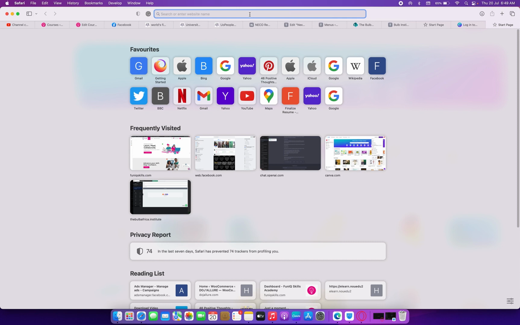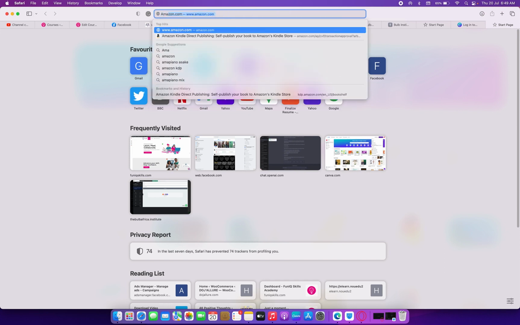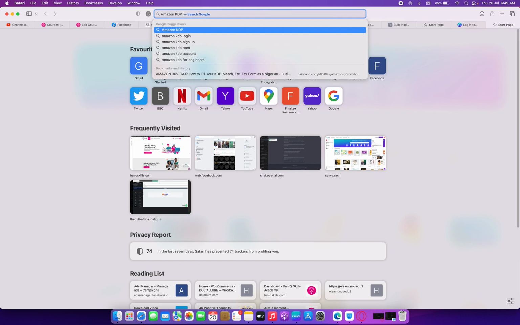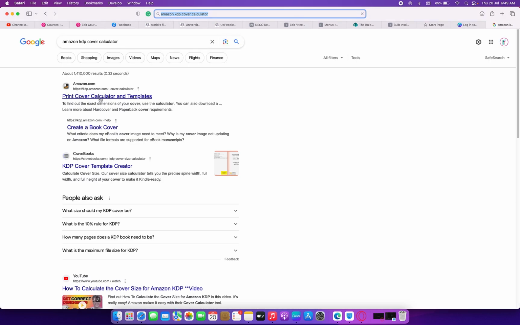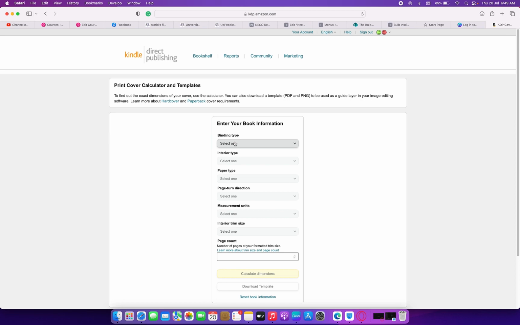So, for example, we can simply type Amazon KDP cover calculator, and you click on the first thing you see there. Then you already know how you want your book to be. So whether it's paperback or whether it's hardcover, you choose what you want. So I'm going for the hardcover because that's what I want to do. And then you choose